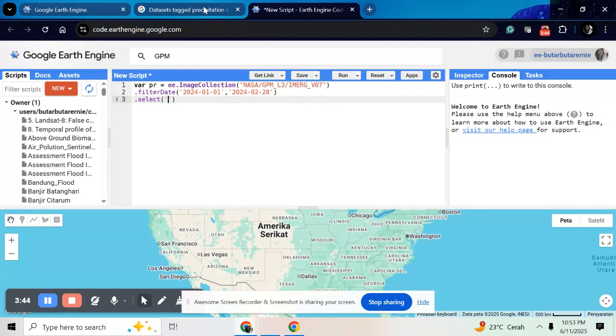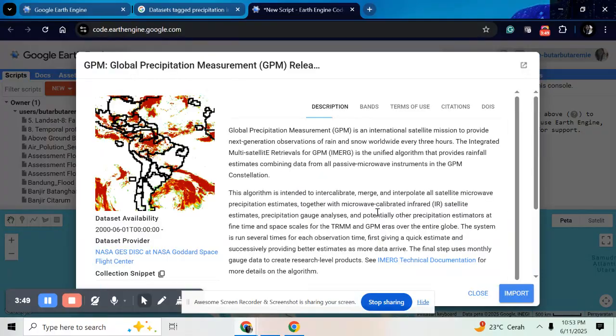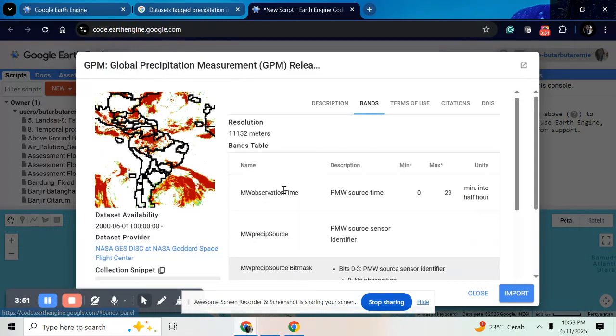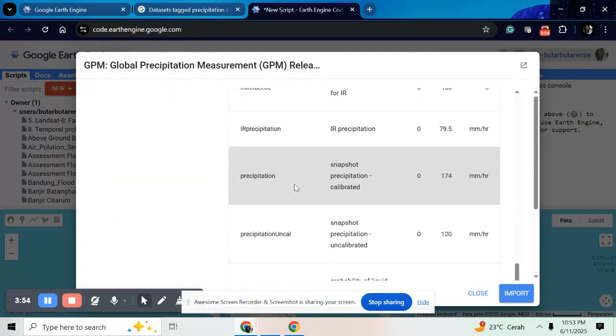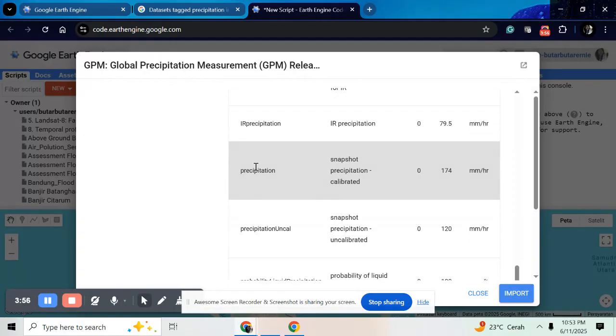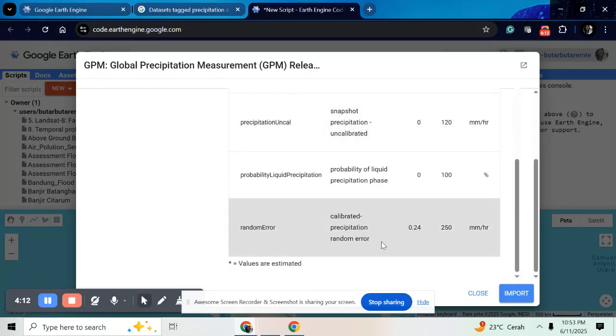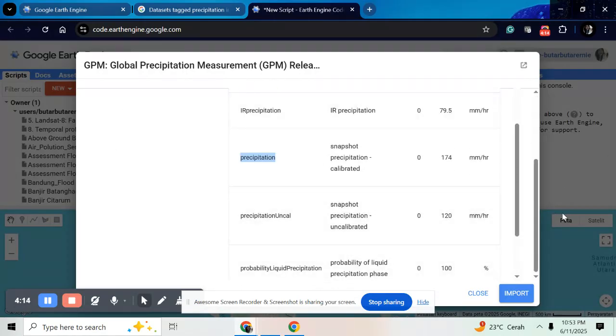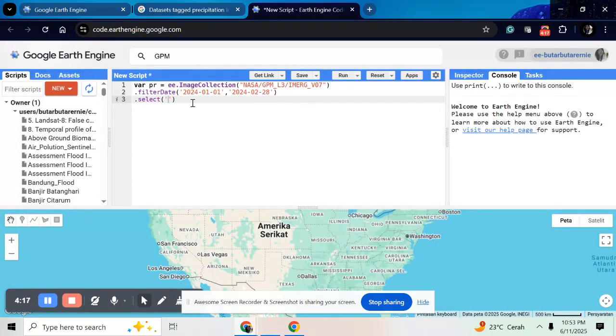Okay, here, before GPM, go to the bands and find your band here. I have already mentioned before that I will use this dataset, so it's already calibrated for the precipitation. The result of the precipitation is already calibrated. Just copy it and then close. Copy the band here,